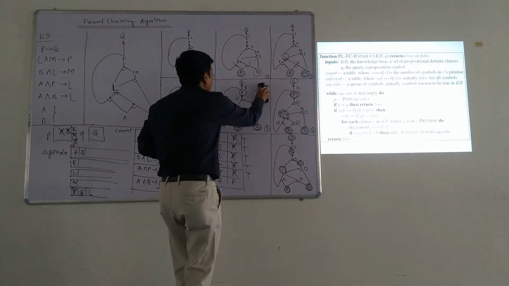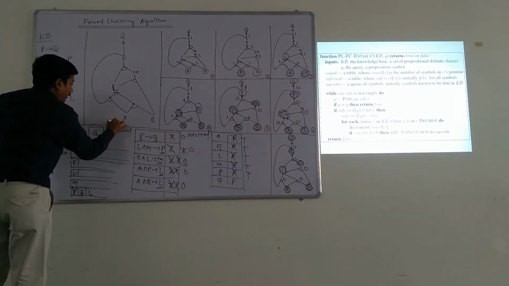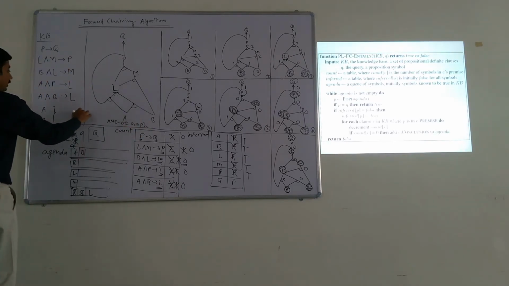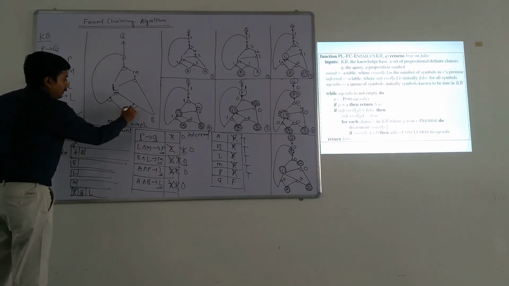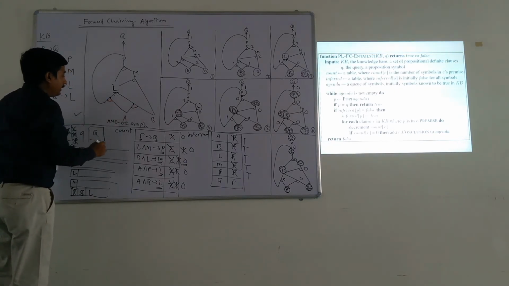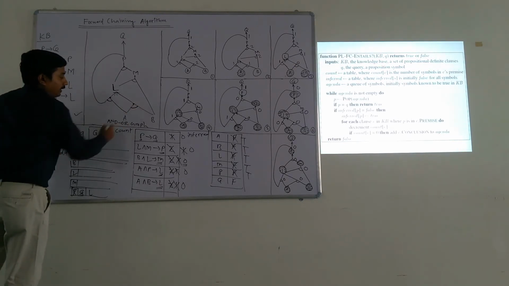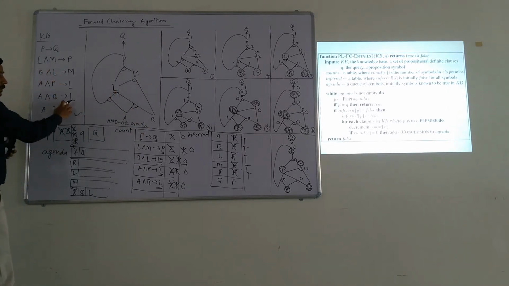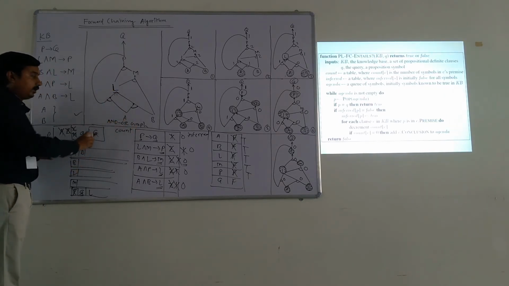Now this is the AND-OR graph for this particular knowledge base. Here you can see this small r represents conjunction. A and B are represented by this, and A and B implies L. This is how we represent the statements of this knowledge base in the form of an AND-OR graph.